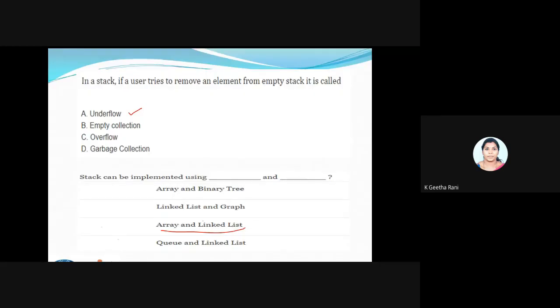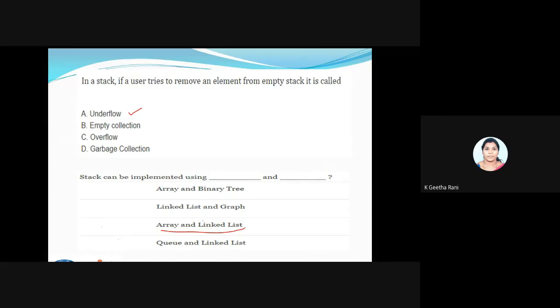Fine, good try, guys. In our next session, we are going to see the implementation of this stack, either using an array concept as well as your list concept. I think you are more clear about the list. You will directly see the routines of the list using the stack, and the programs also.